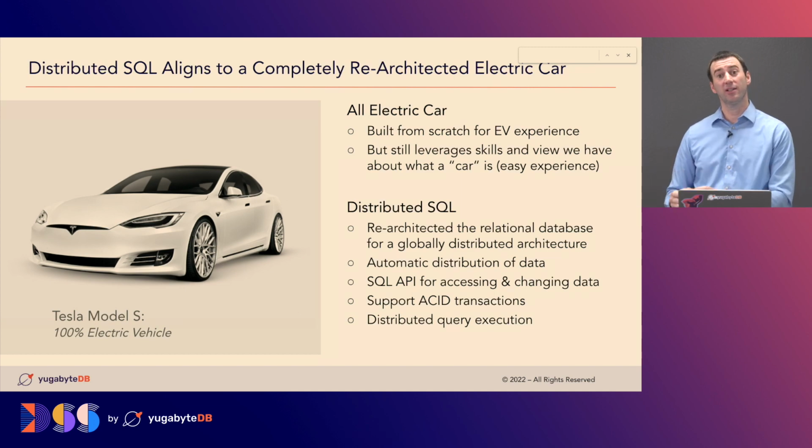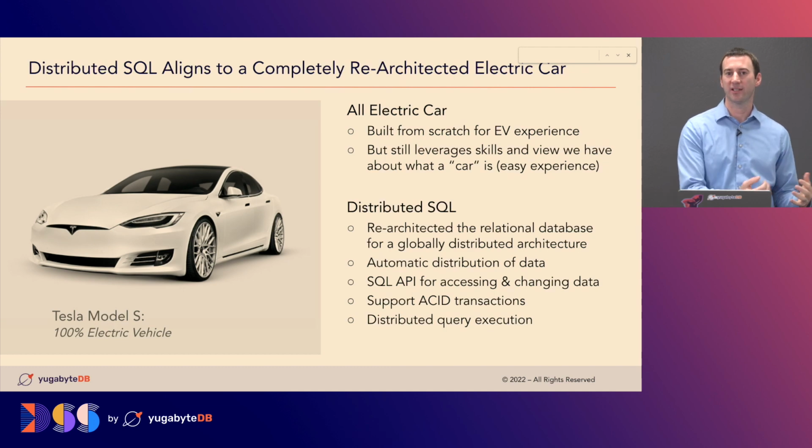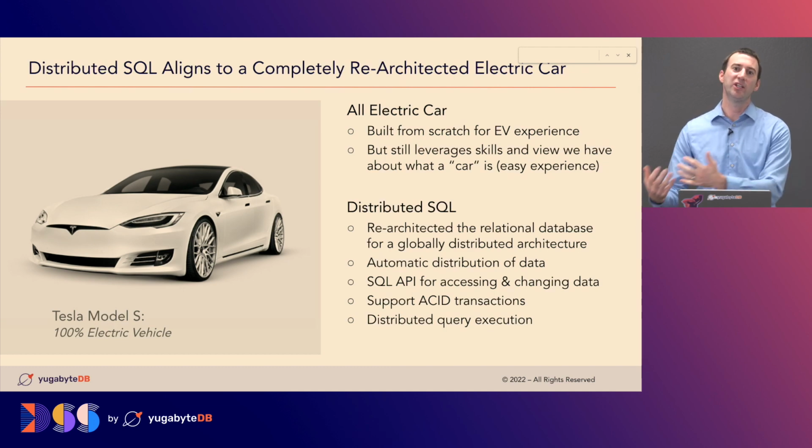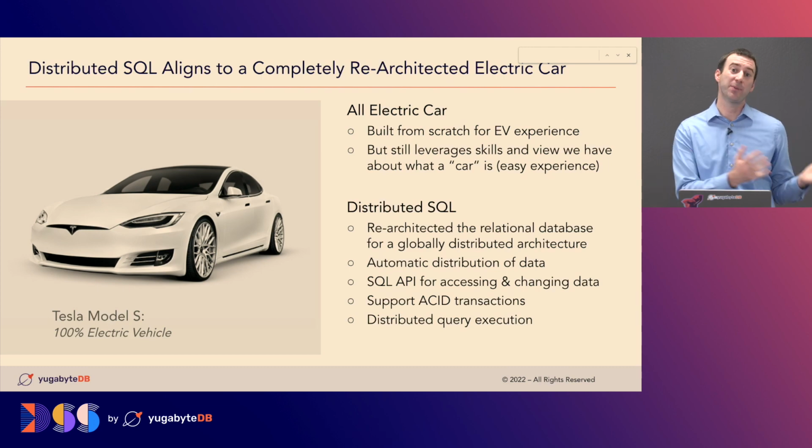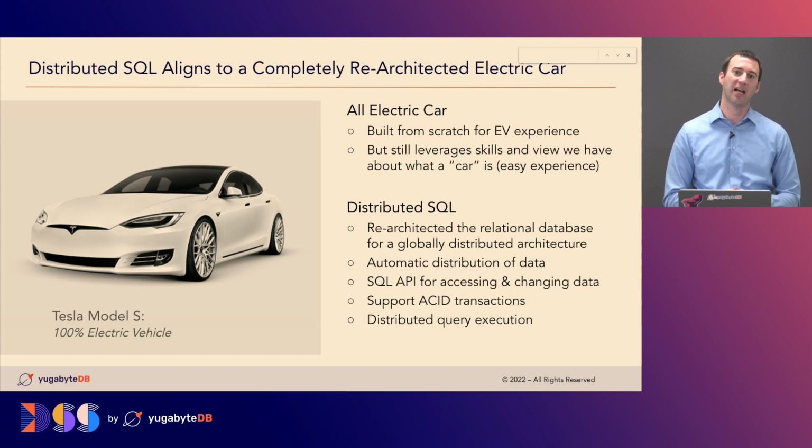But similarly to what Tesla did, using a design of a car that they're familiar with, as you look at the API, the level on top of distributed SQL, we made sure there were familiar APIs. So as we're writing applications, if you're familiar with Postgres, you can just reuse all of that understanding, all of those tools, those processes you're used to, translates over. So the developer doesn't have to relearn a new language. Again, with YugabyteDB, it's built on Postgres. You get that automatic familiarity and rapid adoption of it.